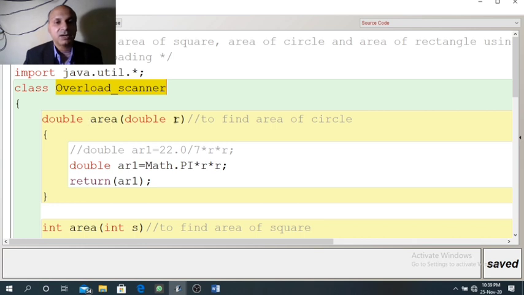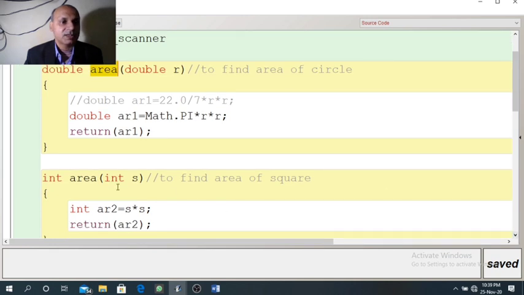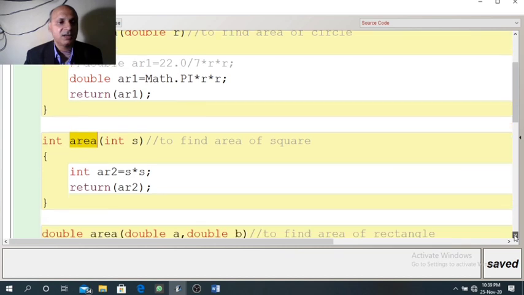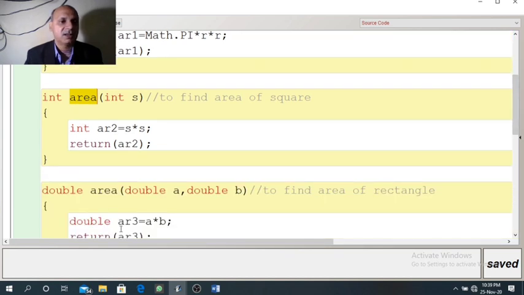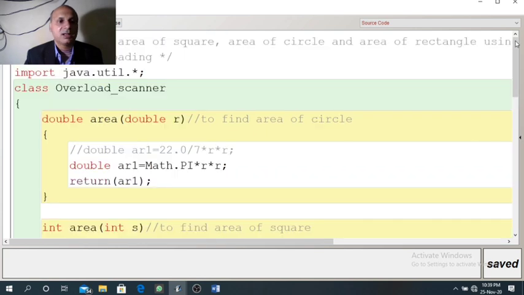So first we need to create three functions with same name, that is area. First function name is area. Second function name is also area. And third function name is also area.